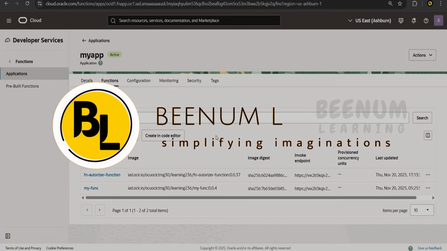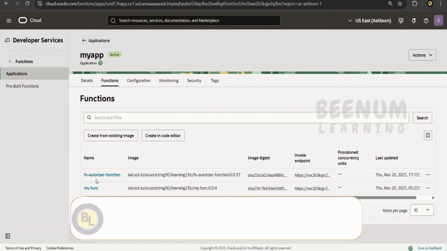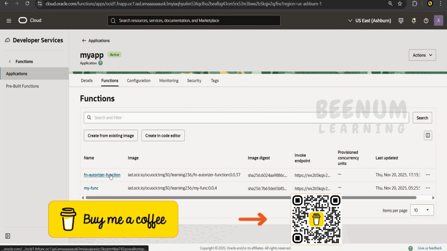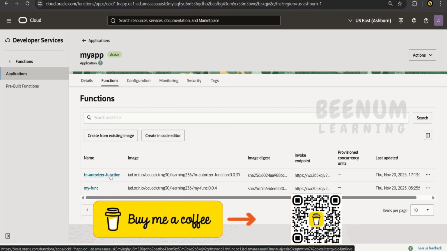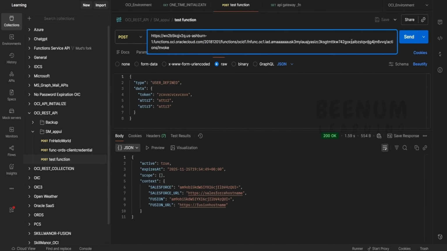In this class, we are going to learn how to define the schedule for our function which we have created within our Oracle Cloud account, that is to run at a predefined frequency. In our previous class, we had seen how to create this authorizer function which we added for authentication purpose in